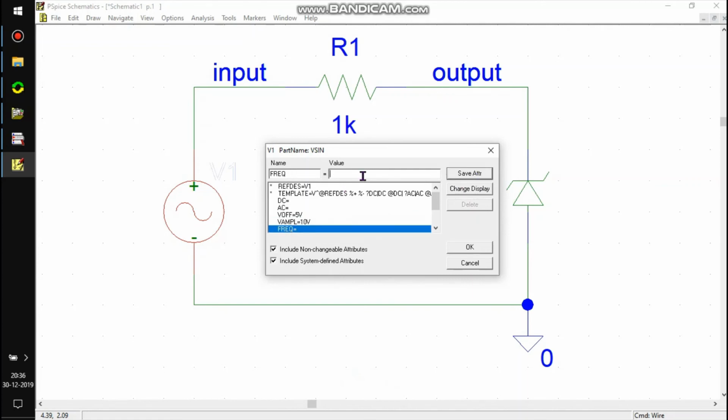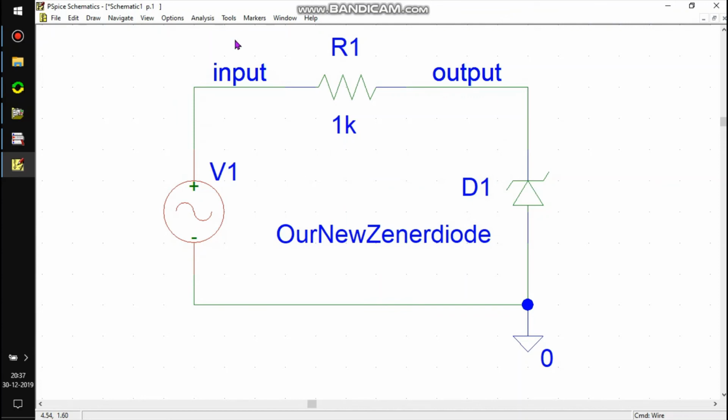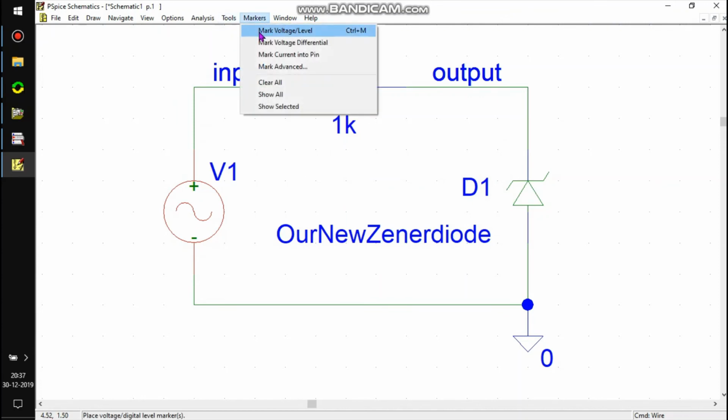Then we need a frequency. I just like to have a frequency of 1 kilohertz, and that's okay. Take some markers.